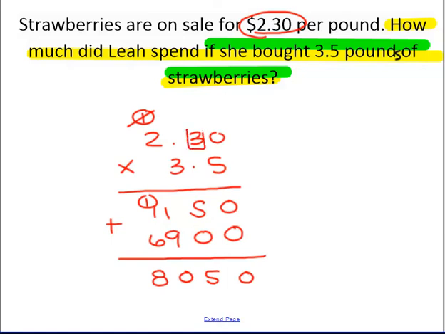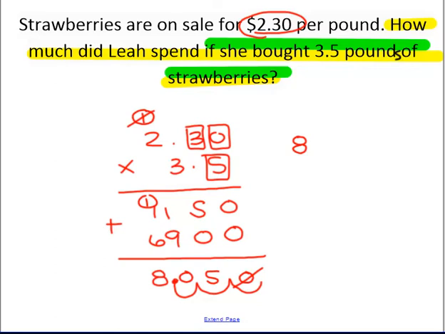Now I have 1, 2, 3 numbers after the decimal. So 1, 2, 3. And when you have that 0 at the end, you can just drop it if you want, or you can leave it. It's up to you. So